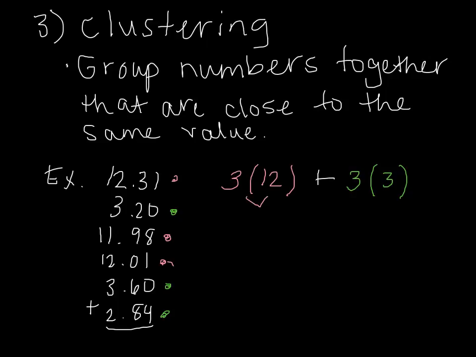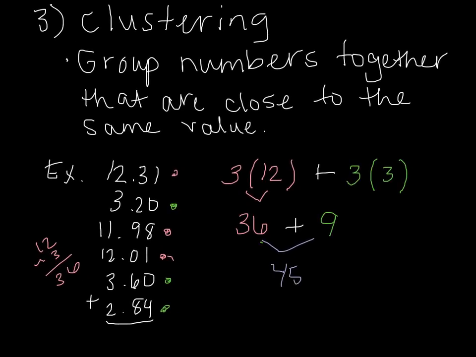3 times 12. Whenever I have a number that's right next to the parentheses with a number in the middle, I have to multiply them. So 12 times 3 is 36, plus, bring that plus down, 3 times 3 is 9. So 36, let's pick a new color here, 36 plus 9 is